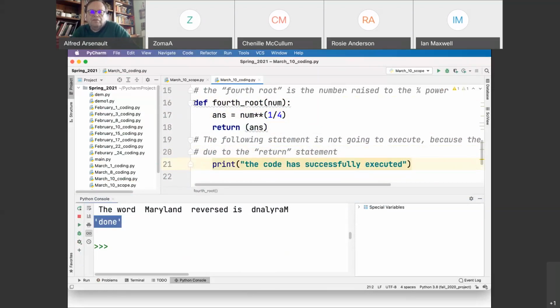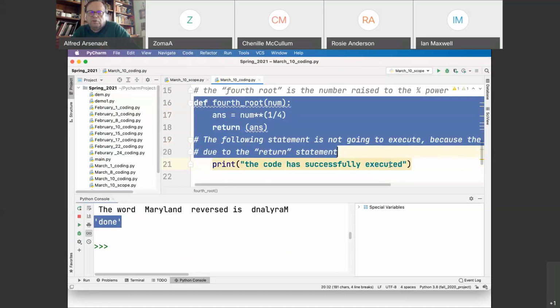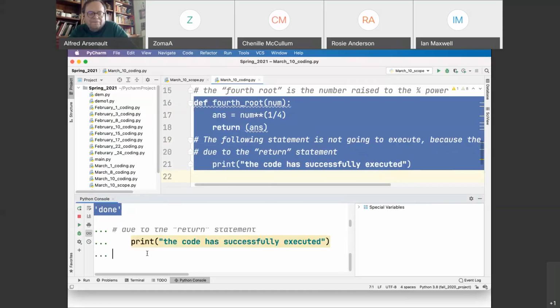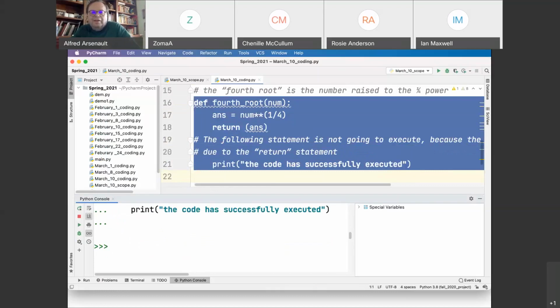Now, I have the function def fourth root, which takes one parameter, num, which is an integer or a float. Looks like it's most likely a float, but I'm willing to bet an integer will work. Let's come down here and run that. And now let's call it answer equals fourth root